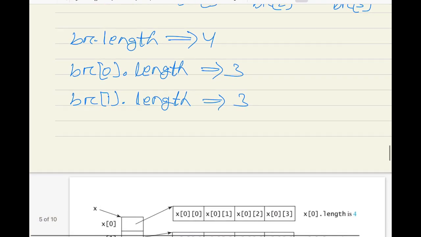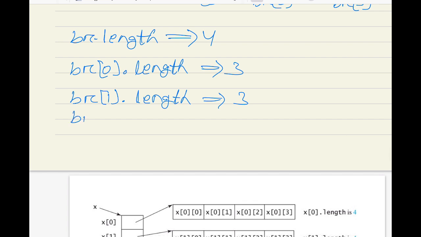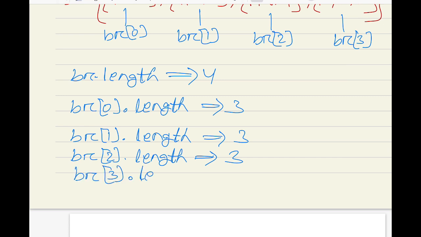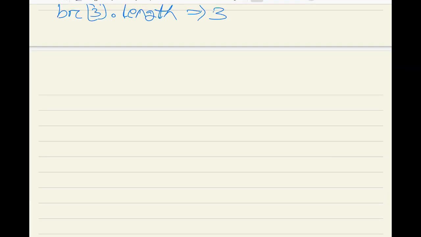Similarly, br[2].length is going to give 3, br[3].length is also going to give 3. Now consider another example,